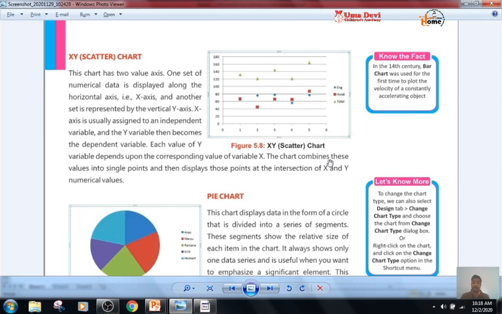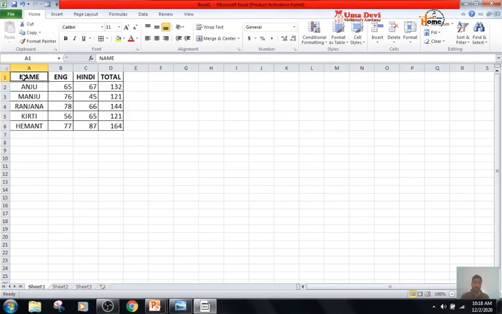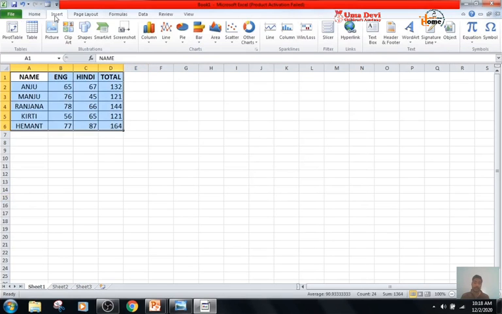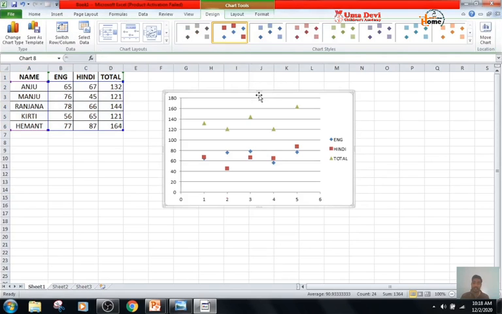The chart combines these values into single points and then displays those points at the intersection of X and Y numerical values. Firstly, I have selected the table, then now we will show scatter chart. Look at here, it is same as we did. Okay, next